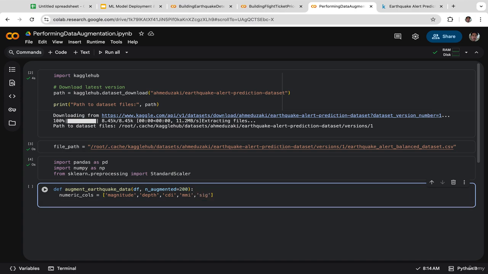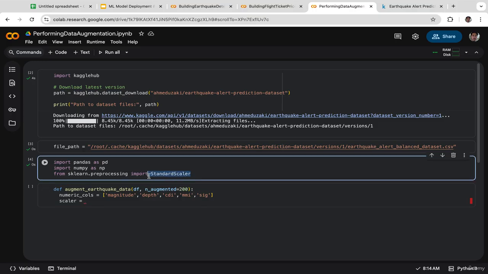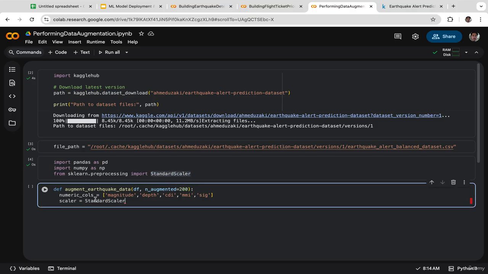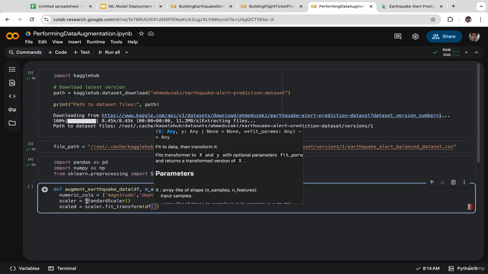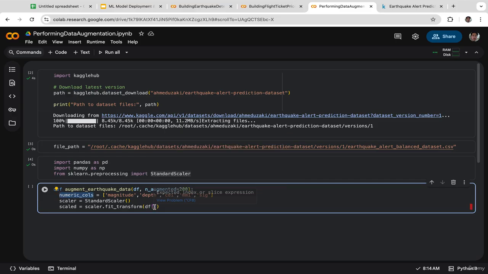Next, we are going to initialize the scaler. So let's create a new variable. I'm going to name it scaler, and we are going to utilize this library, StandardScaler. So let's copy and paste that. Then after that, we are going to scale numeric features. Let's create a new variable. I'm going to name it scaled, and we are going to use the scaler. So let's copy and paste this. scaler.fit_transform,